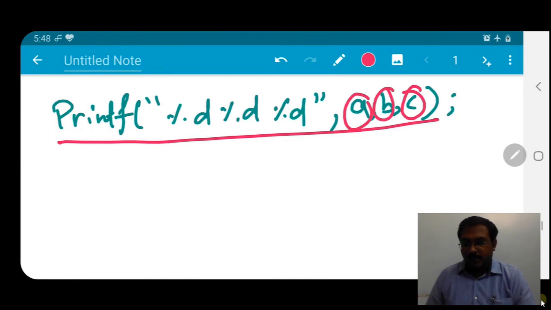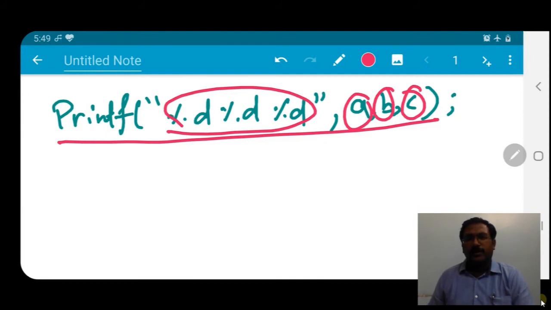For the compiler, %d is an integer. So this particular statement will print the values which are inside the a, b and c variables. Fine. So %d is a format specifier. For integer, %d is the format specifier.